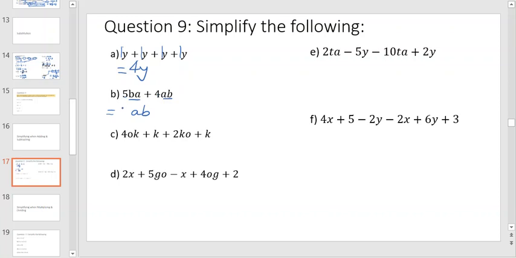And then 5 plus 4 is just 9. So 9AB. But if you had this 9BA, that is still correct. All right, now it's starting to get a little bit more complicated because I can see there are different types of like terms. And everything is being added, which does make it easier, but I'm going to start highlighting for